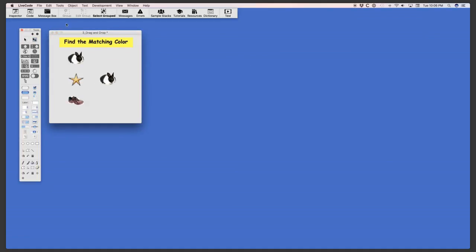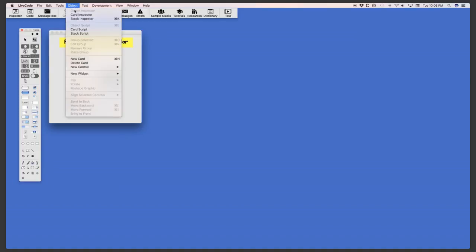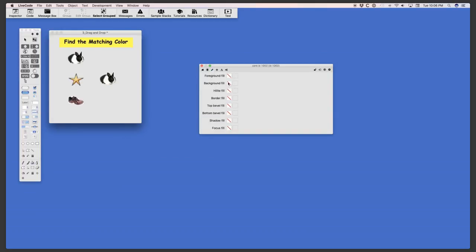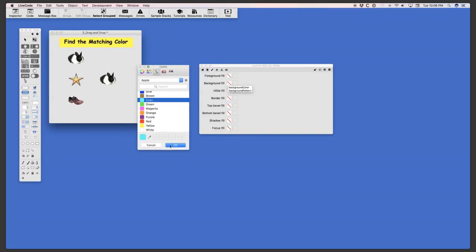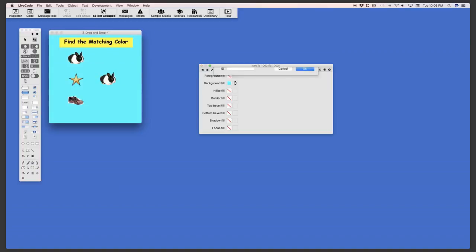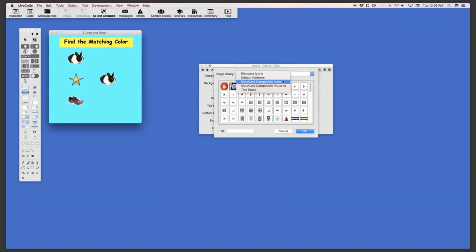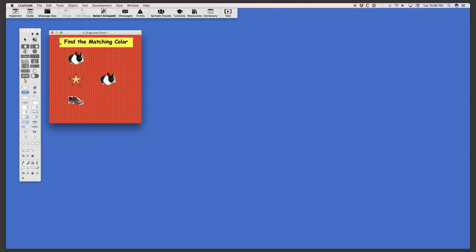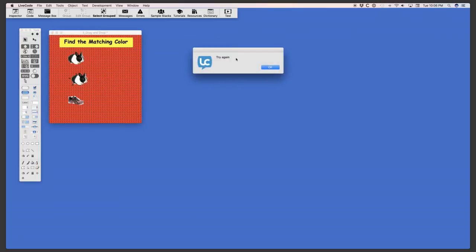Lastly, you might want to add some color to the card inspector. So if we go to color, background fill, we can fill it with a color, or we can fill it with a pattern, and there are many available here. Let's just do that. All right, and the final modifications you might want to make is on what happens when you move it there. If you don't like buttons popping up all the time,